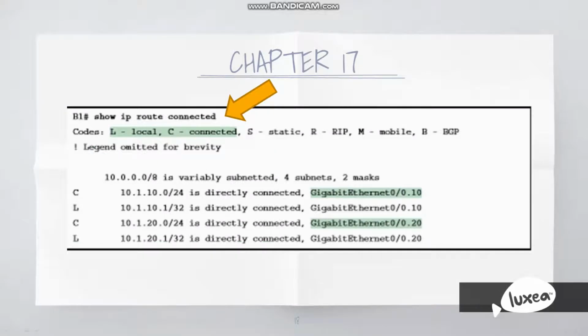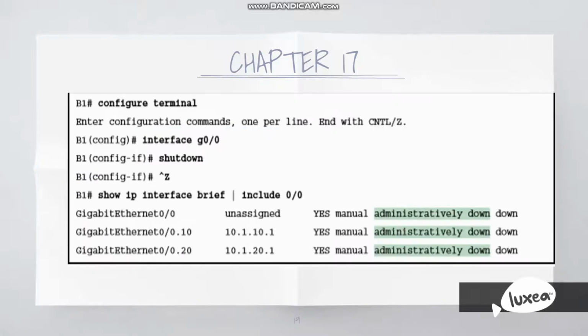And verifying the ROAS configuration is show IP route connected. Now we see L is local and C is connected. C as connected and L as local in here. I will show you another configuration. Look at the picture. It shows that if the physical interface is shut down, the sub-interfaces are automatically changed